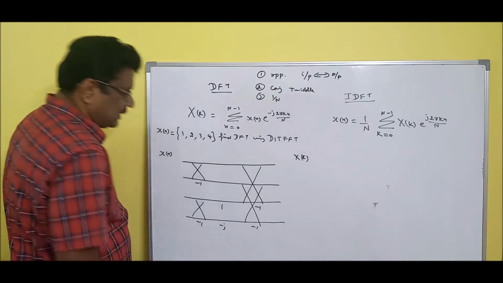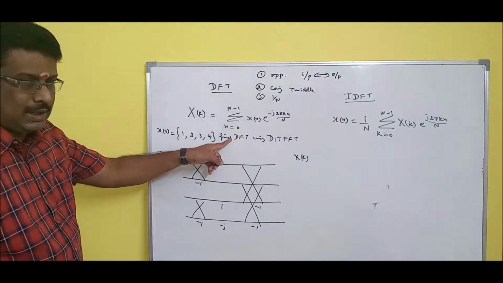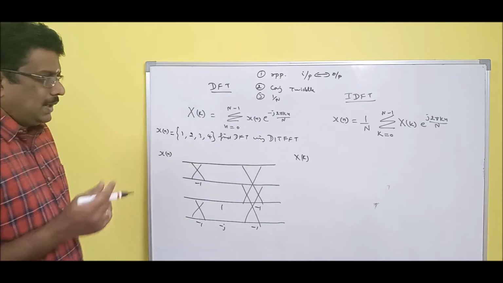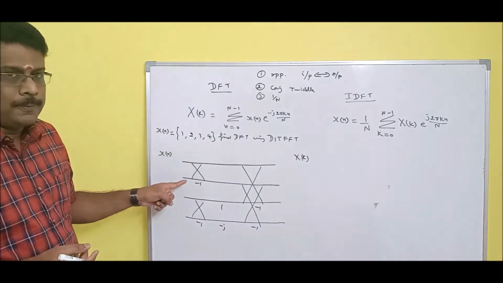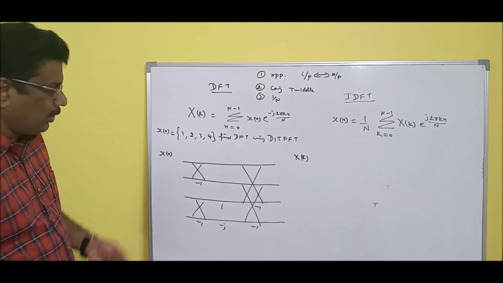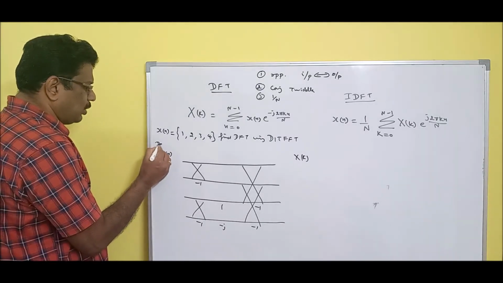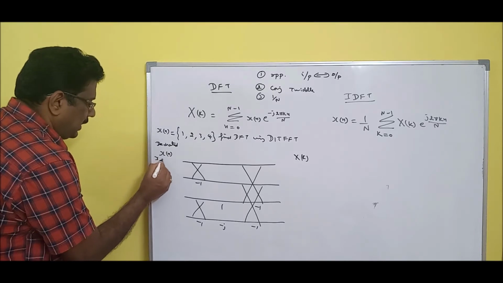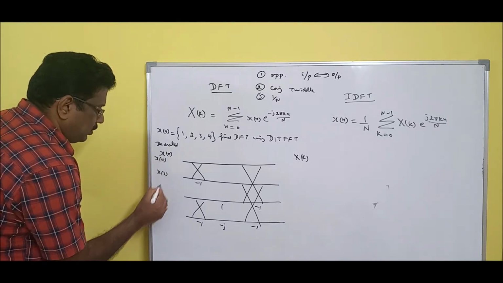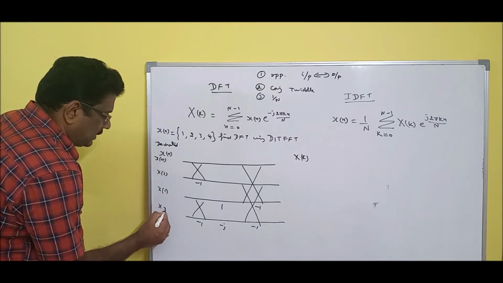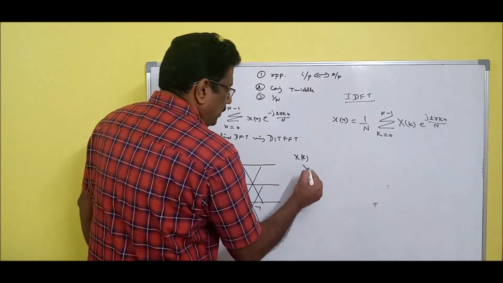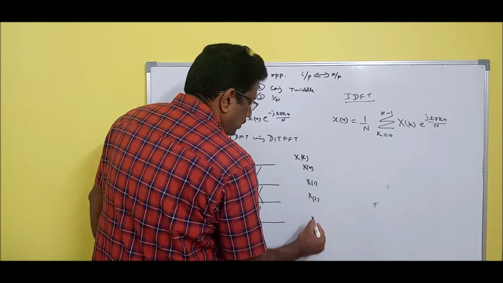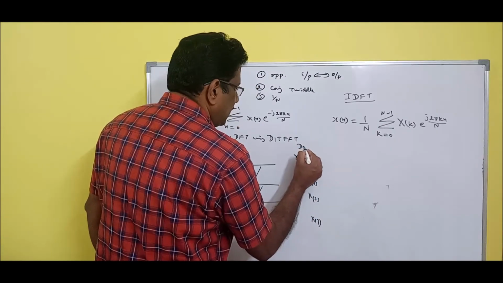1 minus j. Remember, I am doing DFT. Just now I did the same problem. DIT means start at 2 point, where 2 point, that side only it should be decimated. Wherever you go, that should not change. Decimated this side: x of 0, x of 2, x of 1, x of 3. So this side it will be capital X of 0, capital X of 1, capital X of 2, capital X of 3, because this is direct.